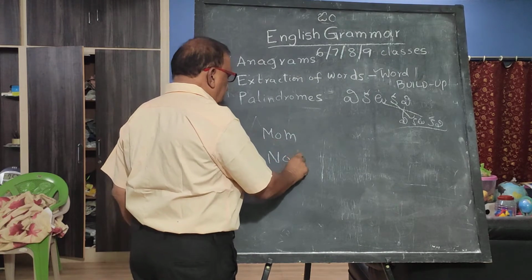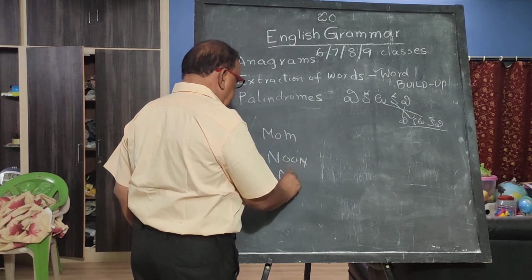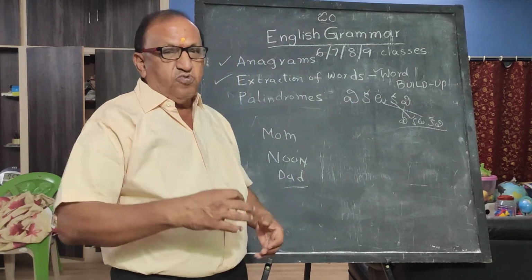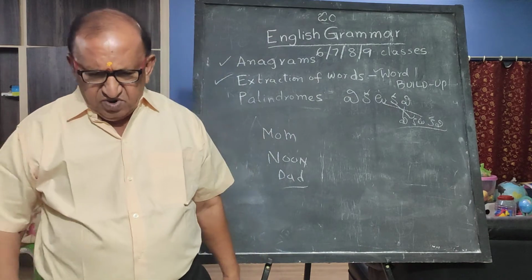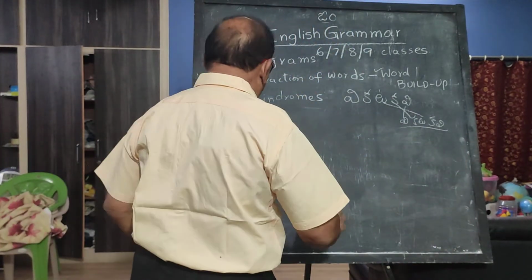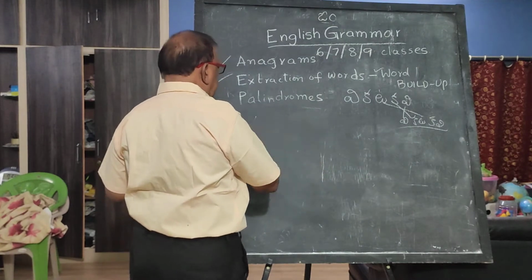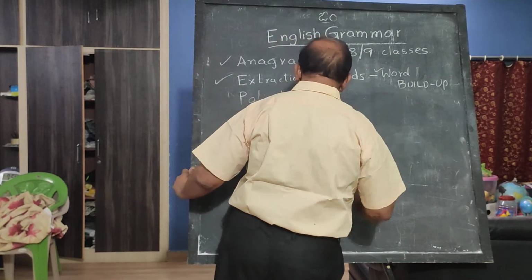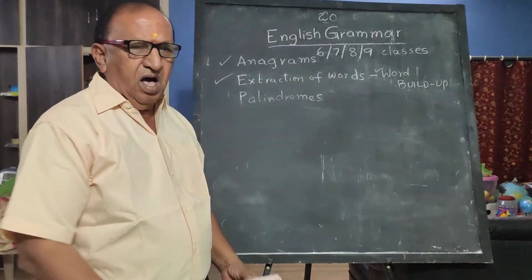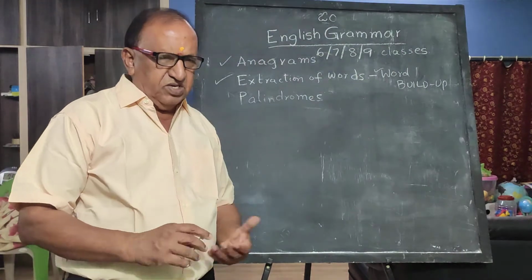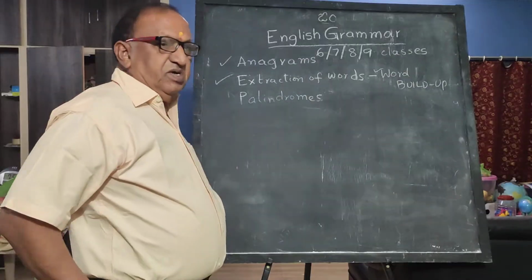Similarly, noon, dad. Not only these, there are even groups of words which, when you reverse the order, you will get the same word. So palindromes are those words which you get the same whether you go in one direction